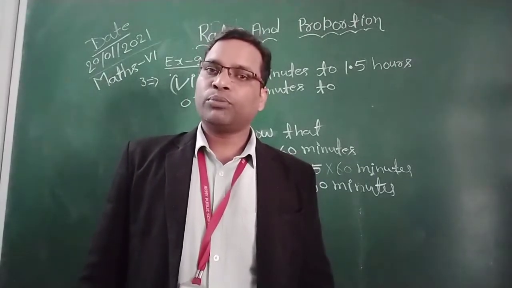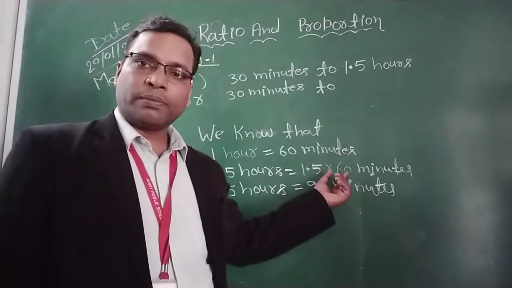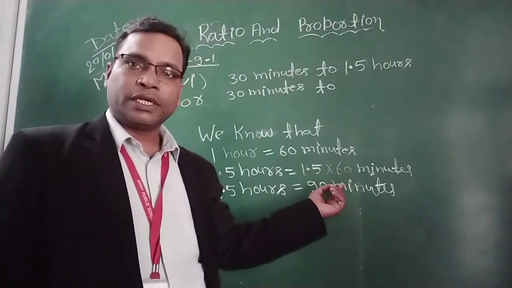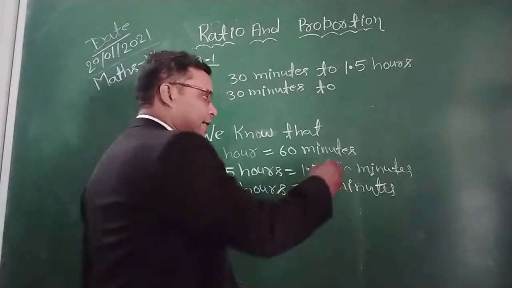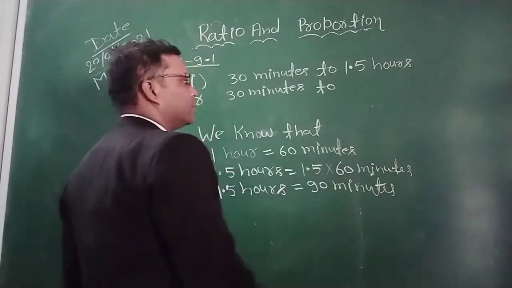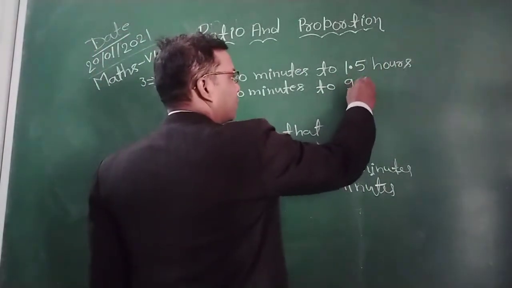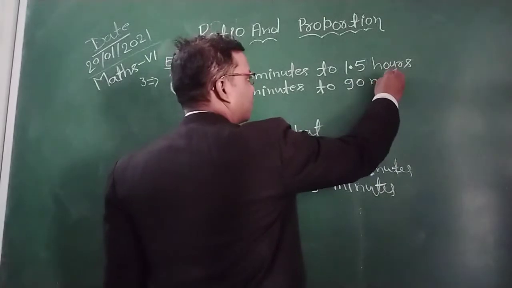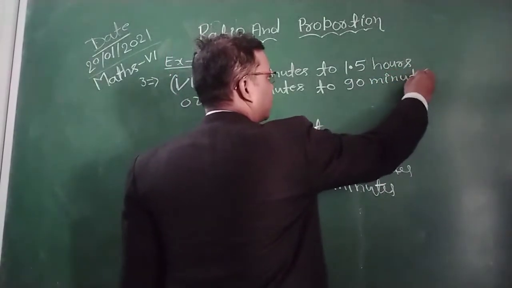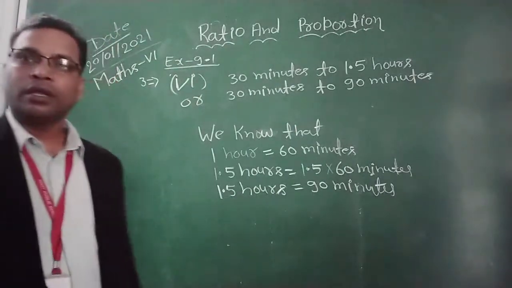Okay, so we have 1.5 hours. If you multiply 1.5 by 60, then you get 90 minutes. Okay, this is clear. So here you write this 1.5 hours becomes 90 minutes. Clear? This is clear. Now we can